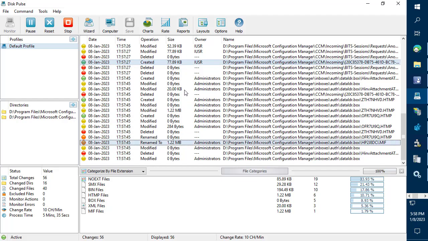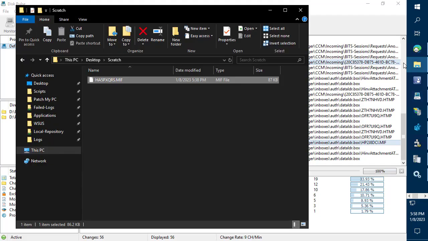So we can see here it's being processed through the management point. We can see the IIS website user. We can see it coming into the incoming folder. And then we can see it gets moved and renamed and decompressed. So we can see it then expands out to about 1.22 megabytes for this specific device. And then it gets added to the data loader folder. So if we were to come into data loader,